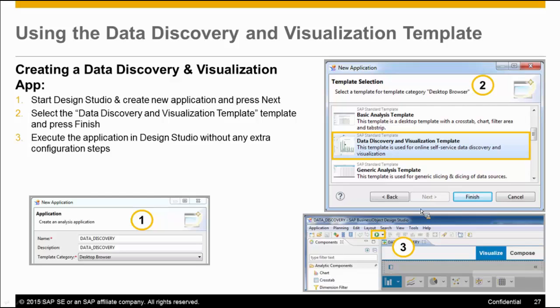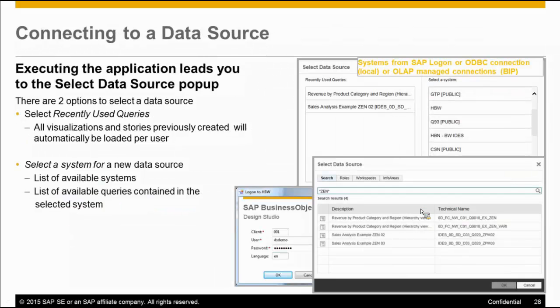it would open up in a browser where you would do your data source selection, be it in HANA or be it a BW system. And again, it's the same. If you're working locally, then you have to define your HANA connection in the ODBC, or you have to have your BW connection in the SAP logon path. And if you are using the BIP local mode, then both HANA and BW connections need to be created in the CMC. And once you have that, the system would automatically display those connections in your drop down